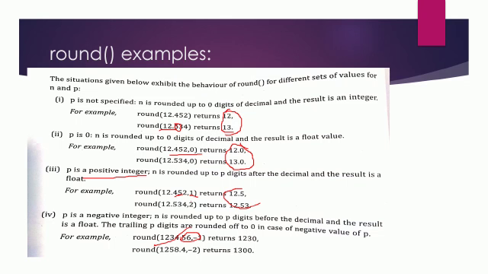Then again, here you can see 1234 is rounded to 1230, which means negative 1 is the value. You can see here the value is negative 1, right? So this -1 is the value which is given here. What happens is, this -1 means one place, the last place. So this 4 should be rounded. 4 is rounded means it will be rounded to 0 only, because it's less than 5. So it will be rounded to 0.